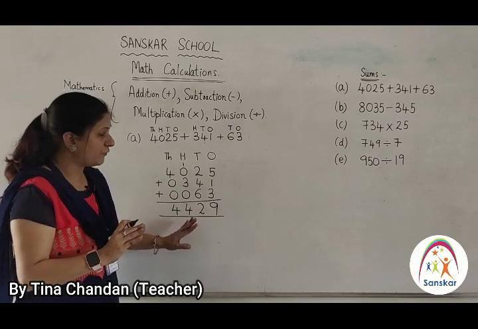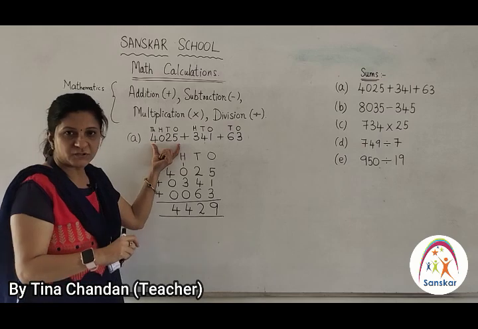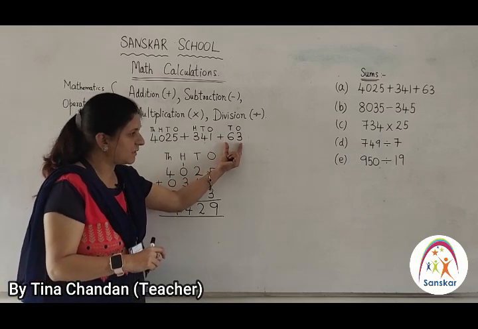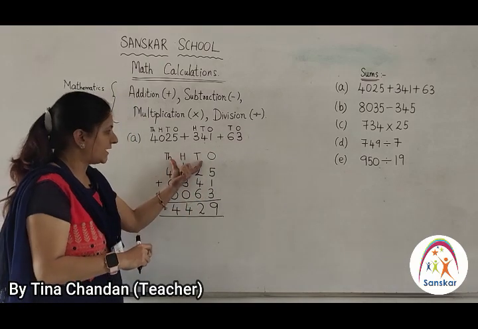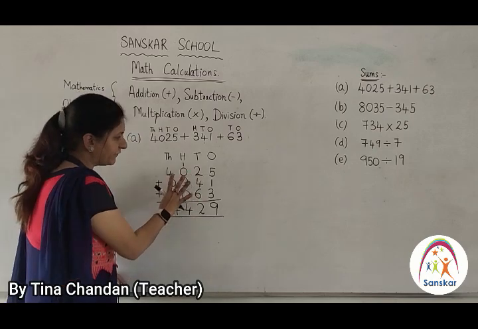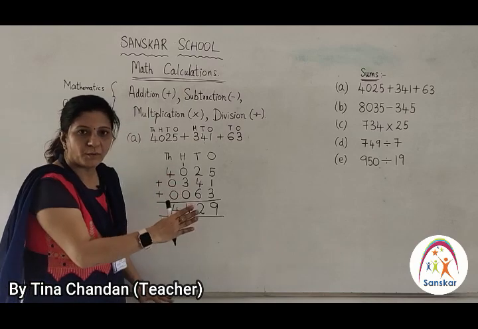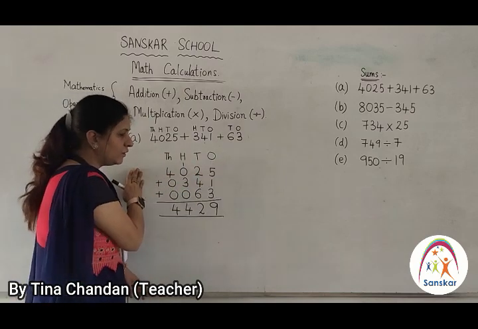Okay, this is the foremost step which you have to follow. The first step is you have to write down the places of the numbers. Here it is a 4-digit number, a 3-digit number and a 2-digit number. You might make a mistake. If you write the places, you can arrange the numbers according to them, and after arranging the numbers, you just have to add the numbers from right to left. Okay, every time you have to move from right to left.